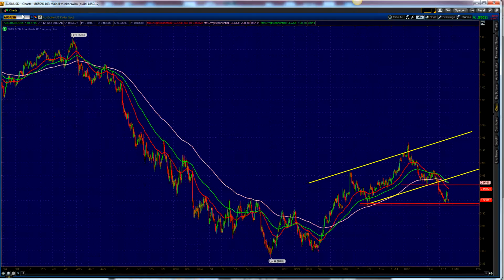Aussie dollar, again, testing these previous lows here. They're holding up. Major support comes in at about 92.60. Major resistance is about 94 to 94.40. Above this 50 period EMA here on the 4-hour chart and these previous levels. If we do rally all the way back up towards 94.64, that could be a short on a retest of